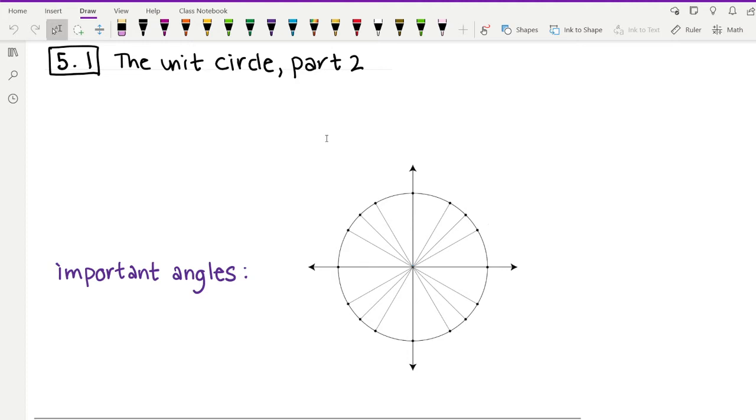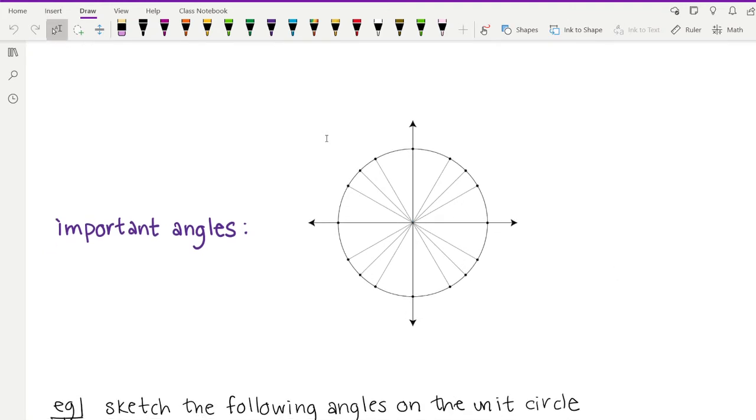Hi everyone. So in this video, we're going to continue to talk about the unit circle, specifically focusing on finding terminal points for a whole bunch of different angles. Before we get to the terminal points part, I just want to do a little bit more practice working with radians and being able to locate different angles measured in radians in this new unit circle way of graphing angles. So when we first learned about sketching an angle in standard position, we would just kind